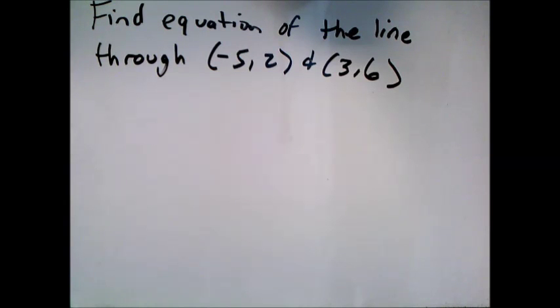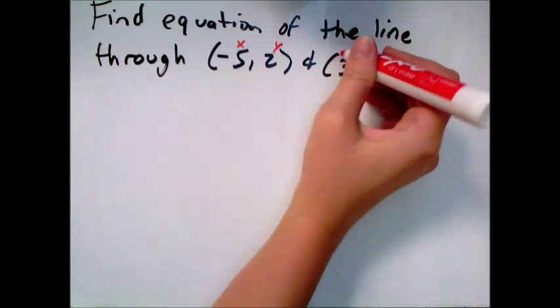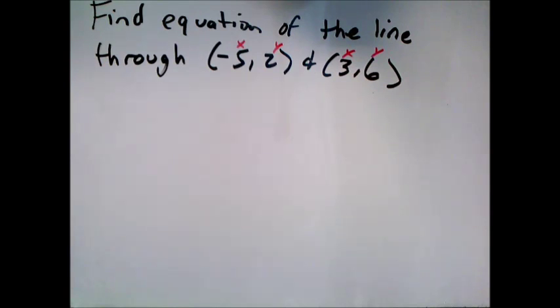Here we want to find the equation of a line when we only know 2 points. So first, let's get bearings on what we have. This is an x and a y value. This is an x and a y. We'll think for y equals mx plus b, I need a slope, and then I can always plug in a point. So if I have 2 points, I could either draw them and count out the slope, or we can think, okay,